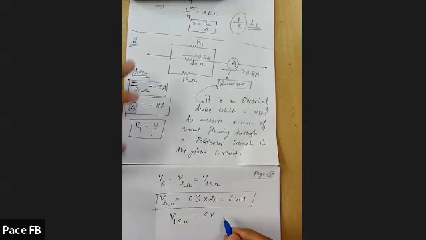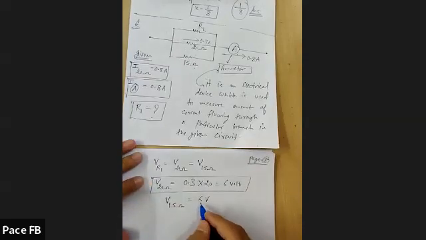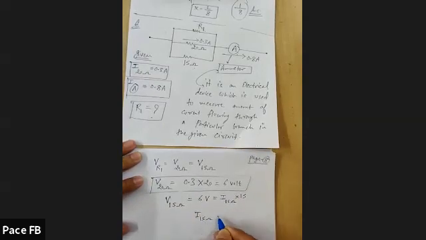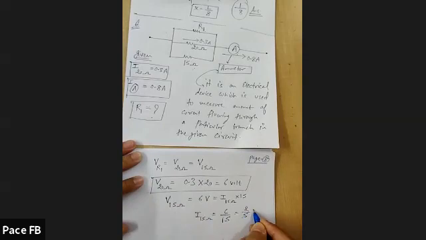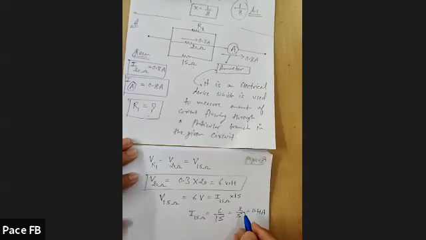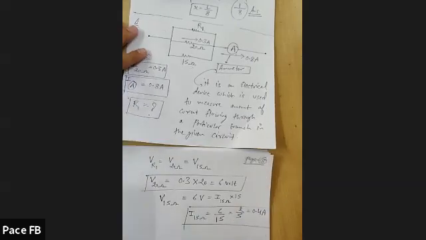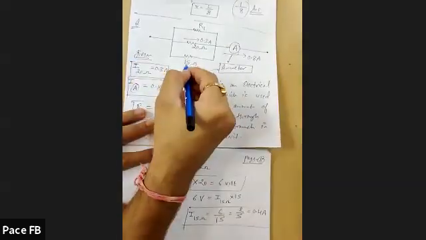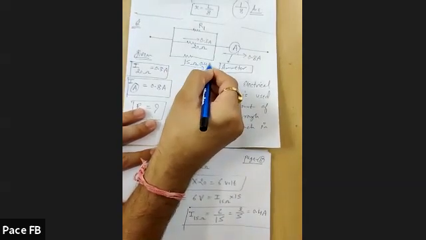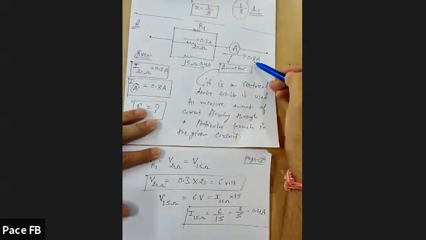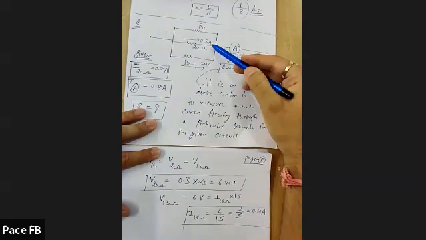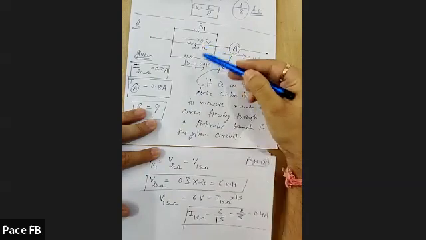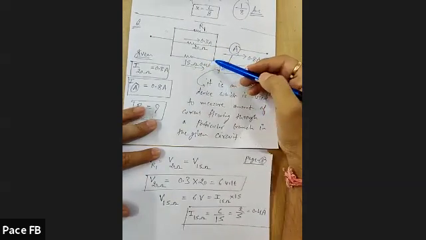The potential difference across 15 ohm is 6 volt, which is the current passing through 15 ohm multiplied by 15 ohm. So the current passing through 15 ohm comes out to be 6 by 15, which is 2 by 5, that is 0.4 ampere. Now, if the total current in the ammeter is 0.8 ampere, out of which 0.3 and 0.4 are coming from 20 and 15 respectively, what would be the current passing through R1?